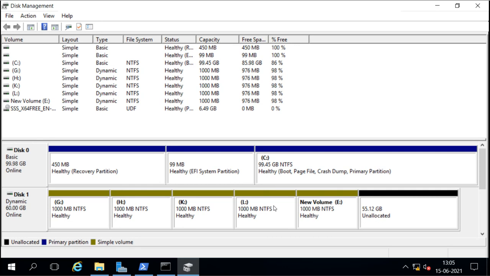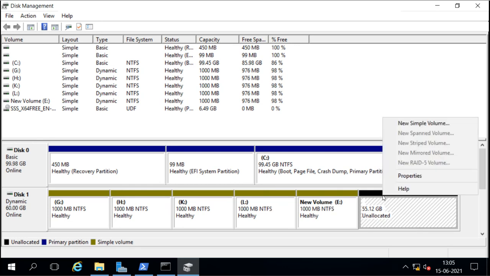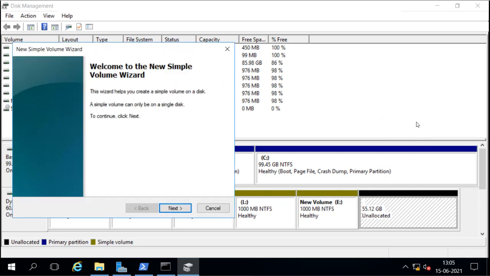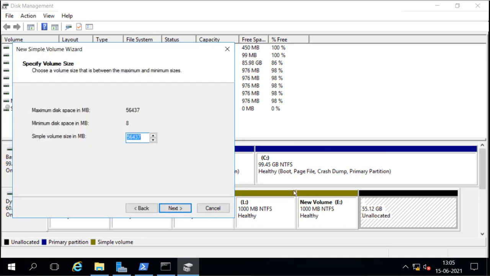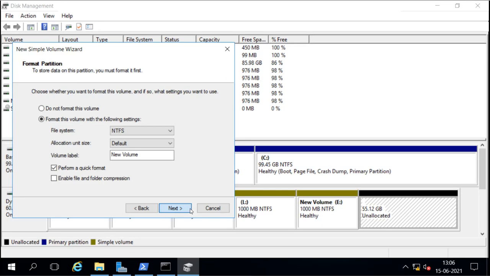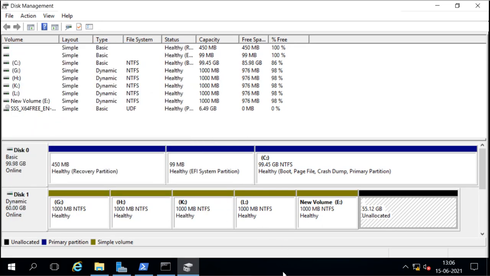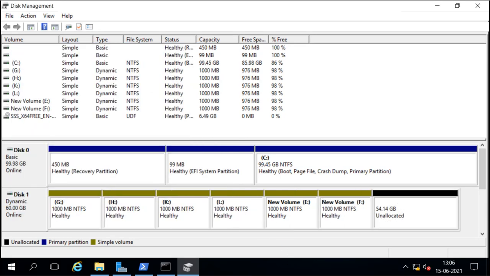Now actually when you convert the disk from basic to dynamic, you actually cross the limit of that 4 primary partitions. You can create now more than 4 partitions without converting into GPT. So under the dynamic disk we can create more partitions, because now it is still in MBR but it is now dynamic disk. And under the dynamic disk we can create volumes, and we can create multiple volumes.